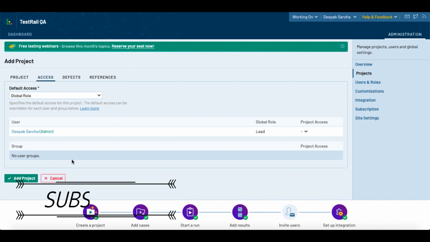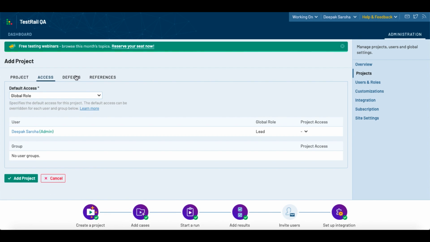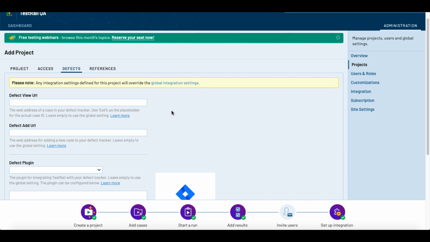Next, this is the functionality that is present in the access tab. Next we have the defects tab. In the defects tab, we can set up how we want to log the defects in the software for our test cases. For that, we have to give the defect view URL and the defect add URL.